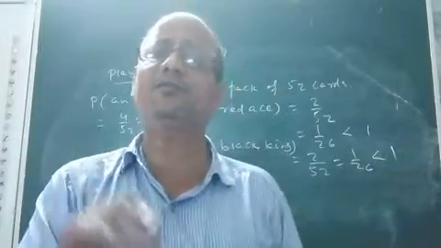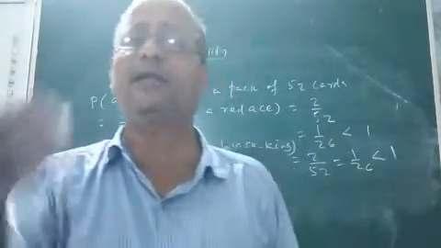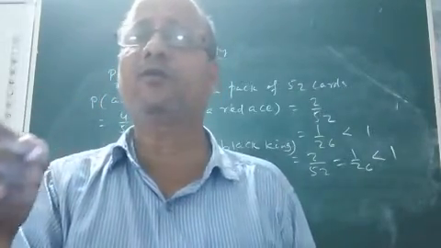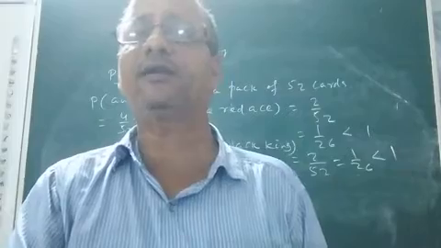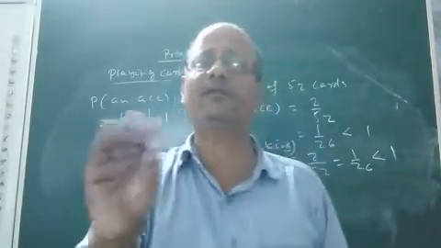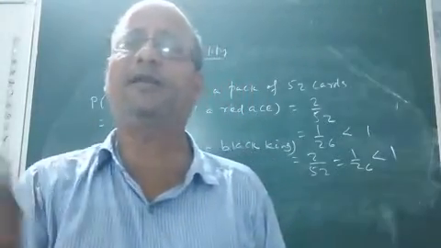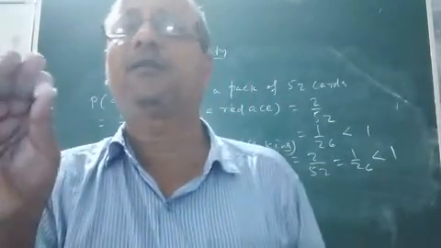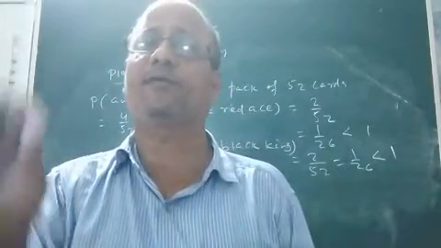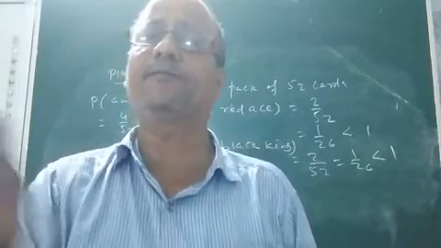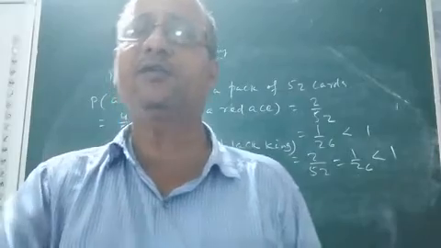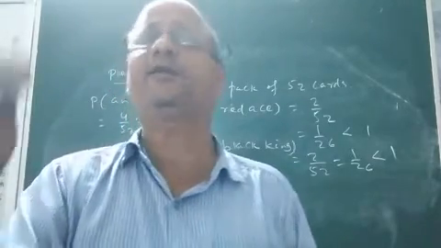Children, with this we completed the chapter probability, and in the next class we are going to discuss a new chapter, that is circle. Let all chapters be over, then I shall discuss all important problems that are likely to come in the CBSE board examination, different problems from all chapters, in my upcoming classes. Let all chapters be over first. So we shall discuss the chapter circle in the next class.